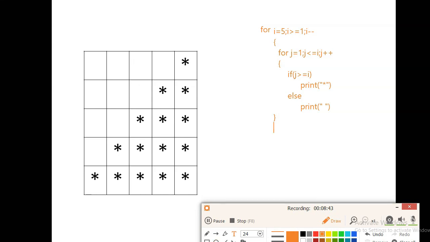The cursor will be moved to the next line, so here we are writing the next line statement, that is system.out.println.